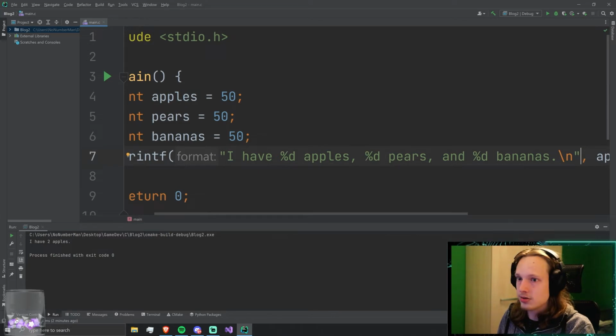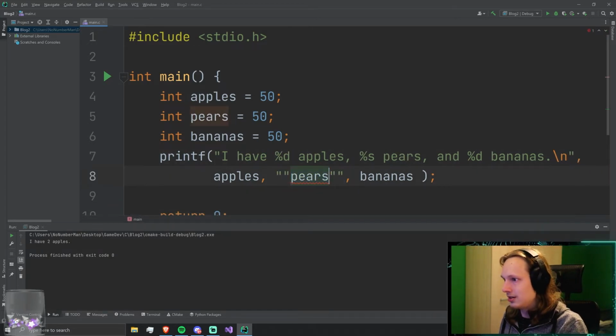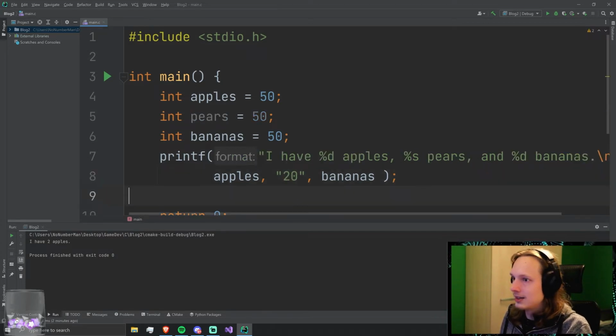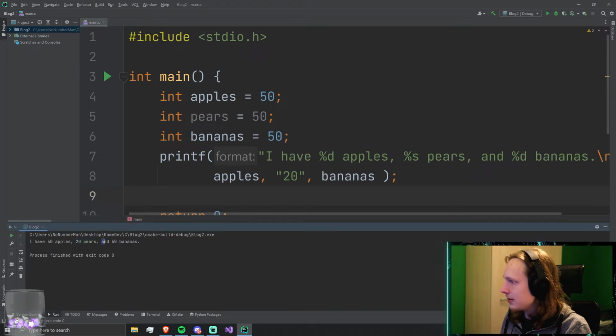Of course, they are in order, so apples will appear first, pears second, bananas third, as one would expect. And if this is a string, then pears should probably also be a string, which can be like 20. And there we go. So now we'll have 50 apples, 20 pears, and 50 bananas. Exactly as we would expect.